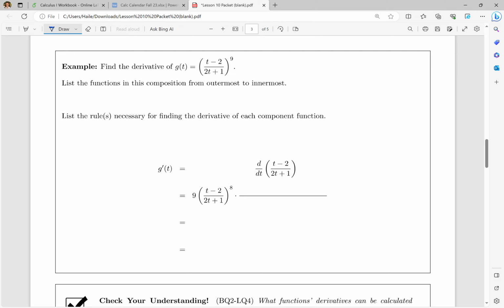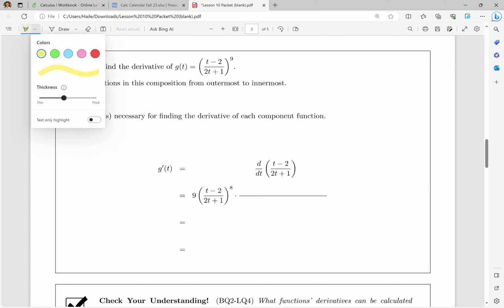Okay, so first of all, let's list the functions in this composition from outermost to innermost. Notice in this example, I haven't told you how many functions there are, so that's your job to figure out, but I can tell you it's going to be 2. So we kind of have,